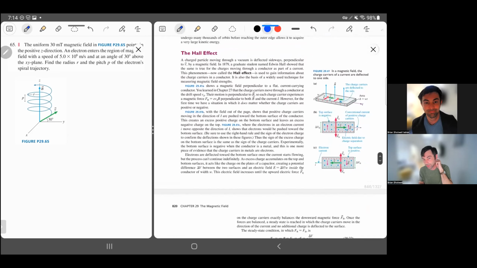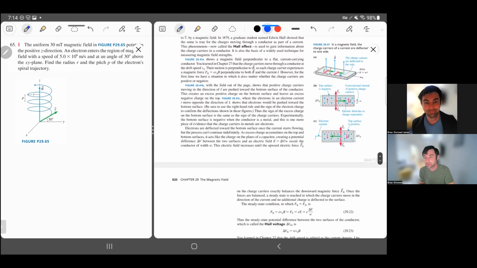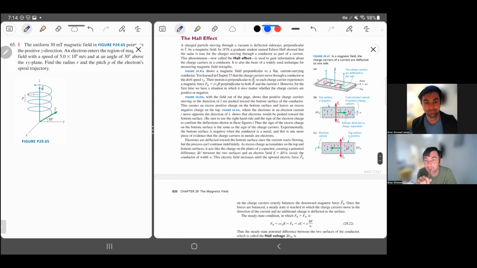The Hall effect is an interesting application of forces on charged particles. You'll notice that, the way we've been talking about current, these two have been identical, like a positive charge moving to the right or a negative charge moving to the left. But you'll notice in reading this section that there's a difference in these two pictures in the Hall voltage. In other words, which side is at higher electric potential, the top side or the bottom side. We've only been talking about the electric potential between these two sides, which is what's driving the current in the first place. But actually, because of the magnetic force,